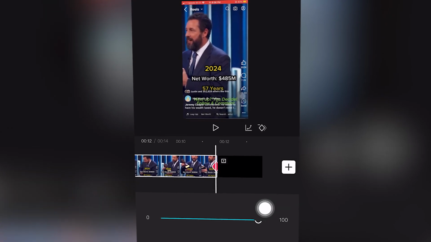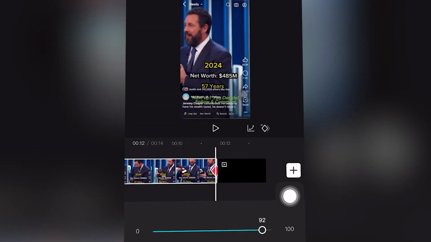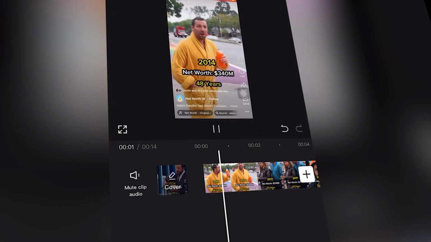This free tutorial will show you how to fade out footage in CapCut Mobile, online free video editing software, completely